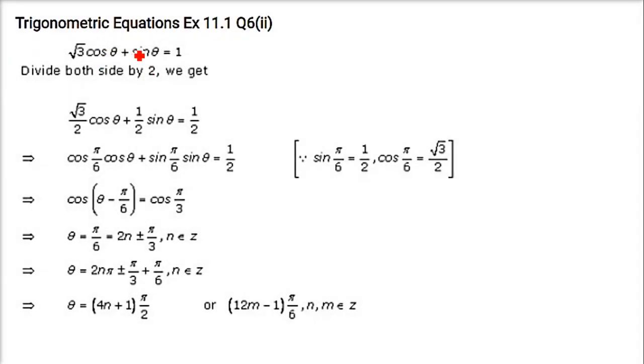Here again divide both sides by 2. So root 3 by 2 cos theta plus half sin theta is 1 by 2. Now this root 3 by 2, we know that it is cos pi by 6, that is cos 30 degree. Half is sin 30 degree. So we are writing it here. In this place we are writing cos pi by 3 because half is cos 60 degree. Now this is the formula of cos theta minus pi by 6. So theta minus pi by 6 will be equal to 2n pi plus minus pi by 3. So bring it here. You get plus pi by 6. One time you take plus, one time you take negative. This is the result. We have already done this, so I am just writing the result.